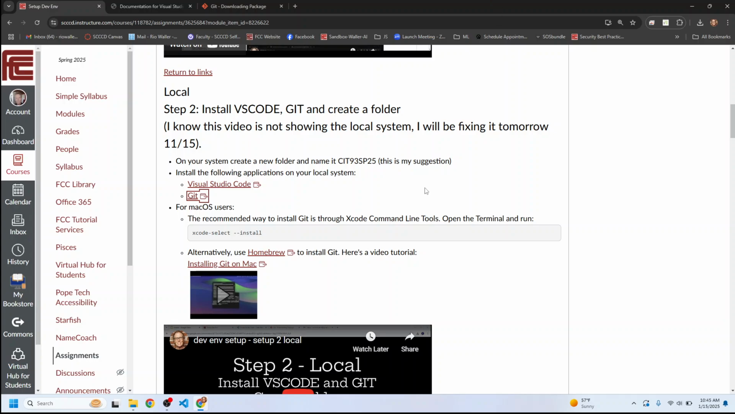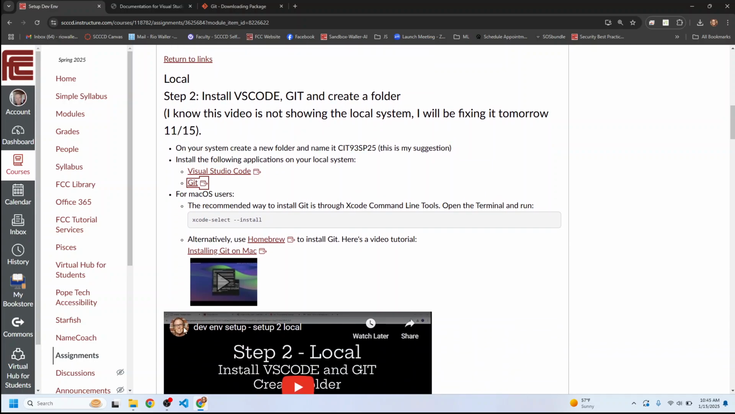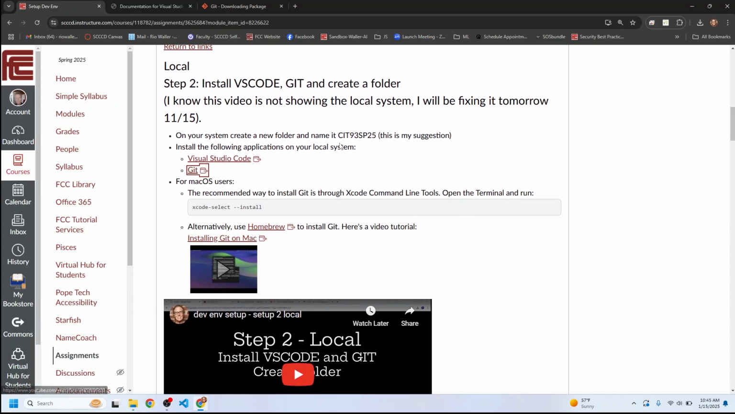Okay, so let's walk through step 2 of the install of VS Code and Git and creating a folder. This is a re-recording of this video because it messed up, because I didn't have my OBS settings correct. So, learn, learn, learn. In this case, go ahead and go to these two websites, which I already have